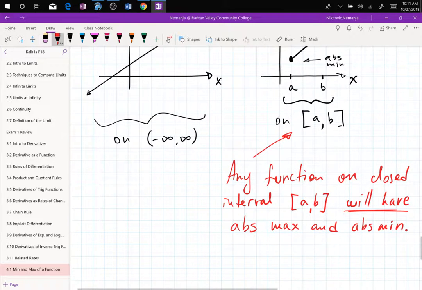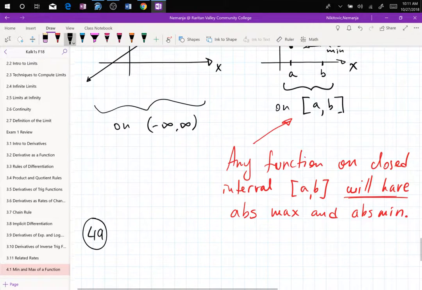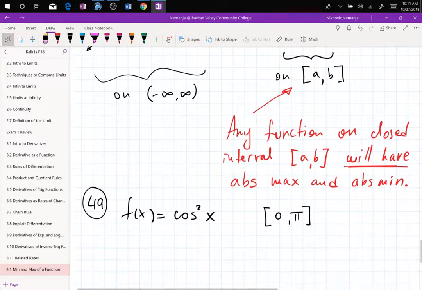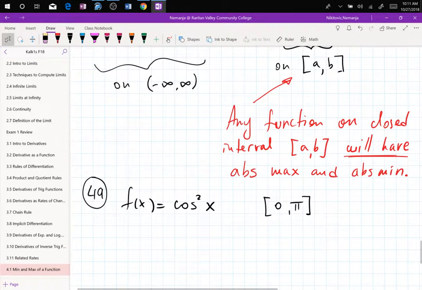Let's do 2 of these. How about 49 with a cosine squared? I know how much you love trig. And we barely did any. So f of x is equal to cosine squared x on interval 0 to pi. Alright, so I have a closed interval. That means this is guaranteed to have